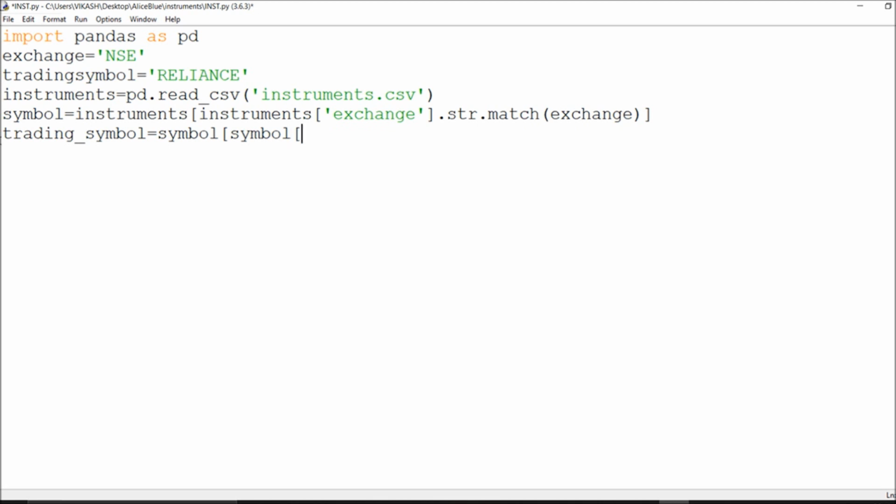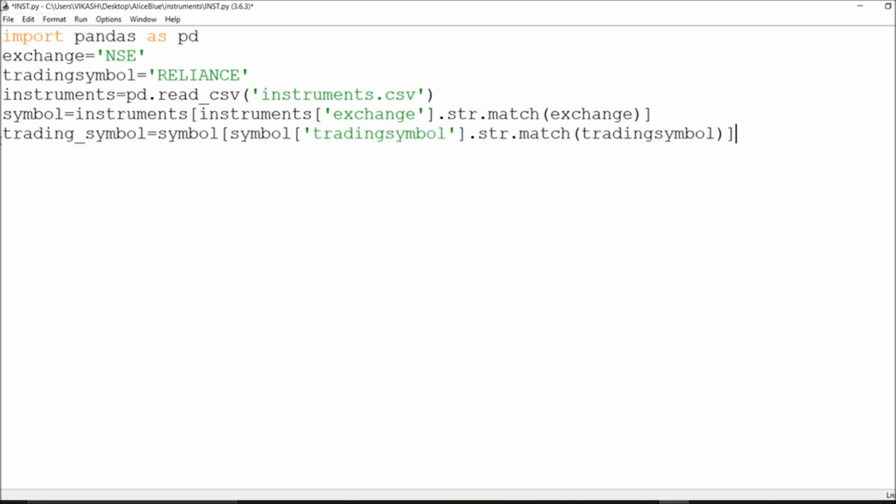So symbol of symbol, and I talk about my trading symbol. Once again I go through this string match, and I already said which trading symbol I want to fetch.